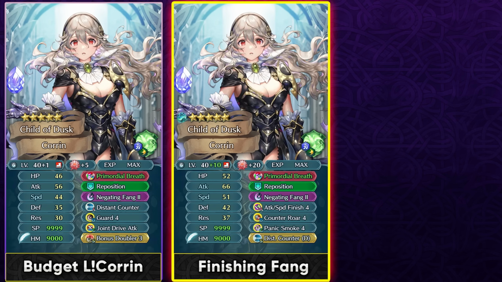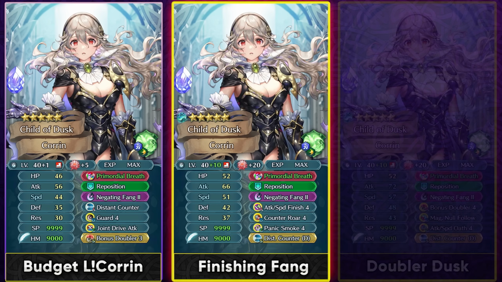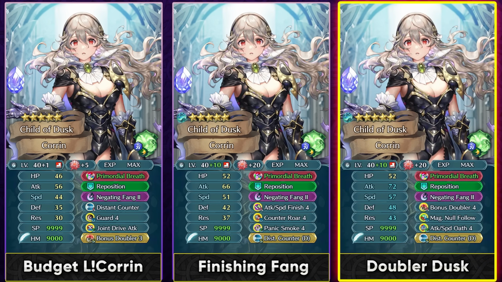And this is going to be taking a sacrifice of Brave Corrin, but I think it's going to be worth it if you're using her at this kind of investment. And Magical Null Follow-Up is also going to be an option that you can run in her slot B, because a lot of tanks need some kind of damage reduction piercing nowadays to take on the nukes that have insane damage reduction. So having some kind of damage reduction piercing can be really helpful, and